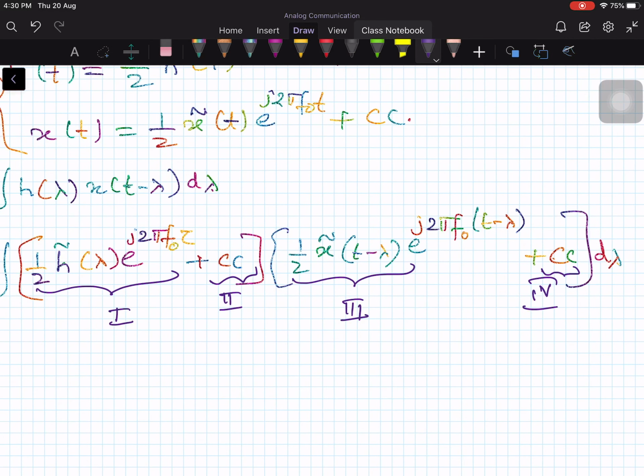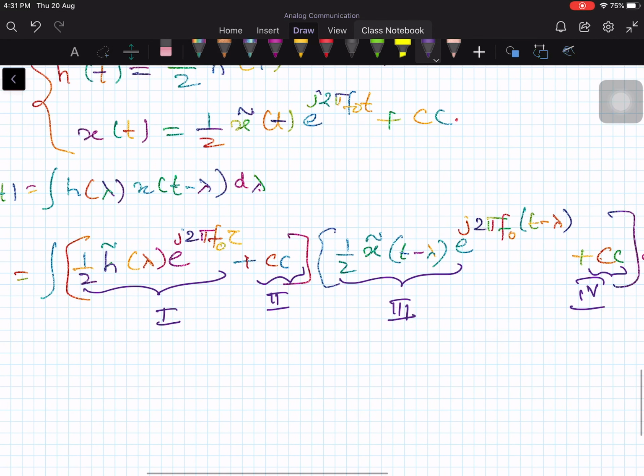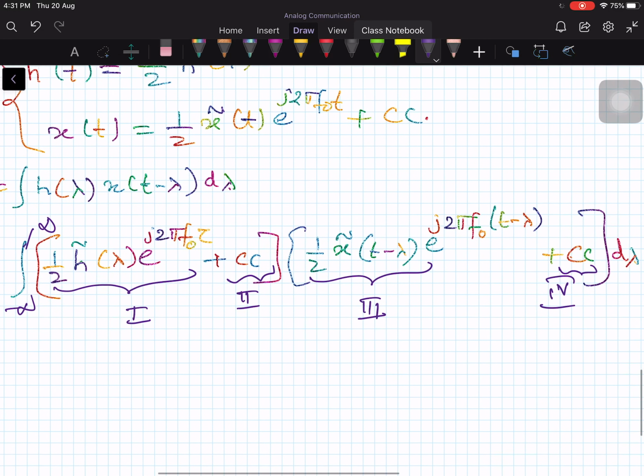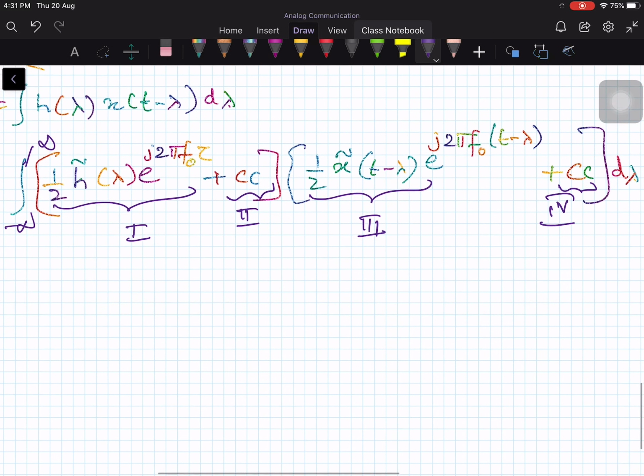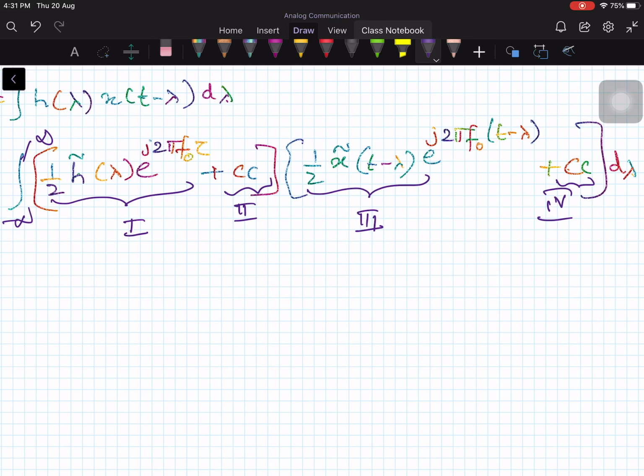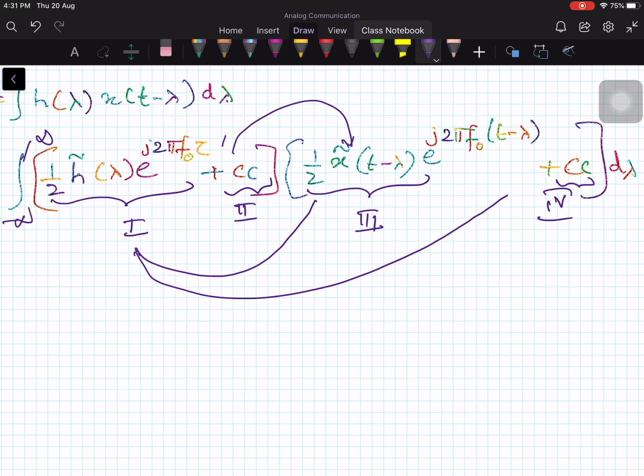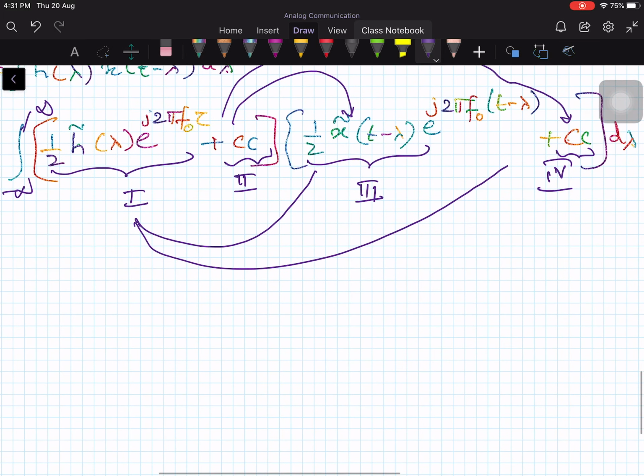So if you multiply term by term before you are doing the integration from minus infinity to plus infinity, I will try to put it in a single screen. Okay, now there are 4 terms, you multiply term by term. 1 multiplies with 3, 1 multiplies with 4, 2 multiplies with 3, and 2 multiplies with 4. So there are 4 product terms, and here 1 by 2, and here also 1 by 2, you pull those out.